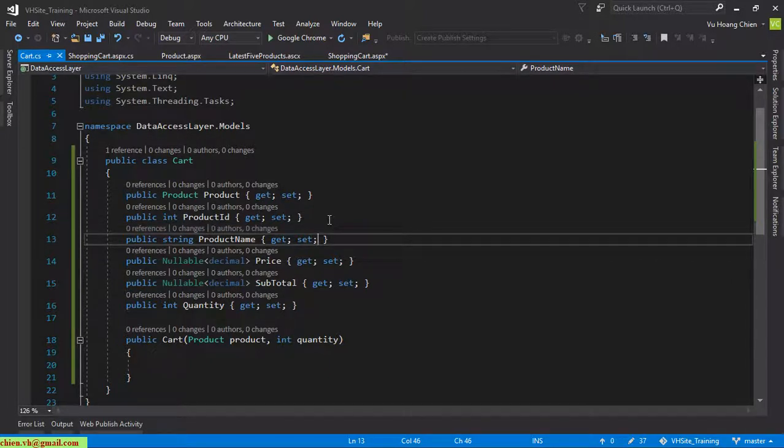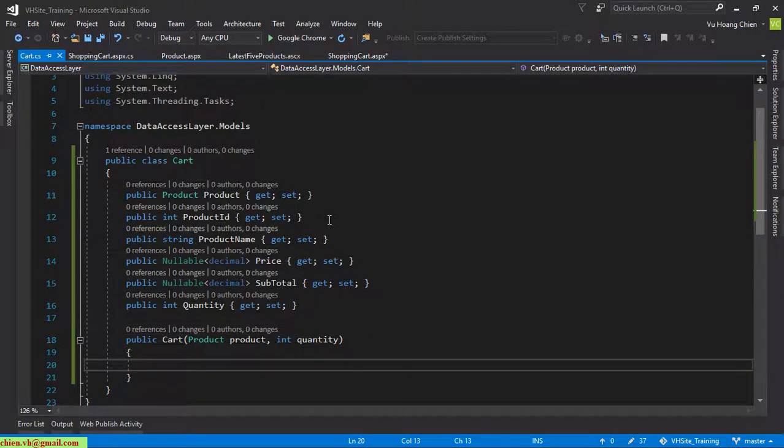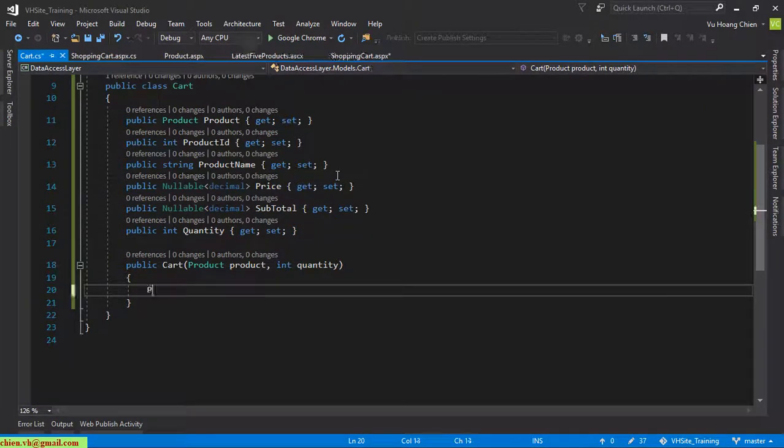Okay, price, subtotal, quantity. Okay, that's enough. And now the product equals product ID